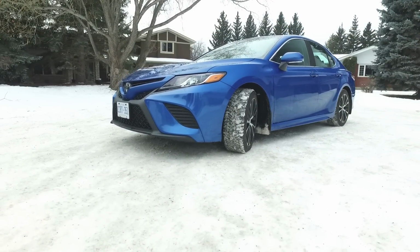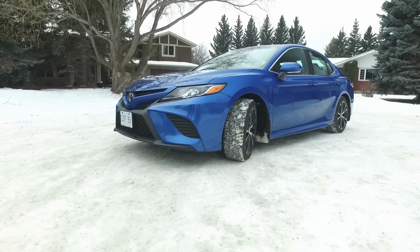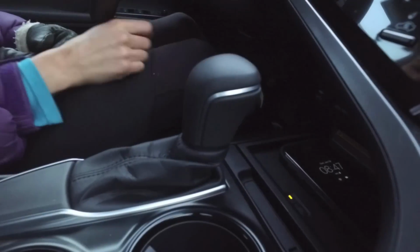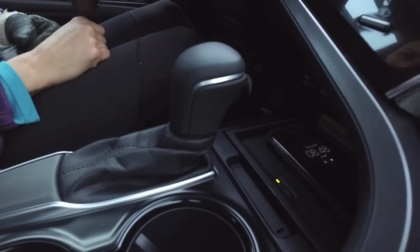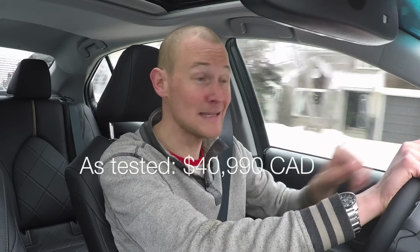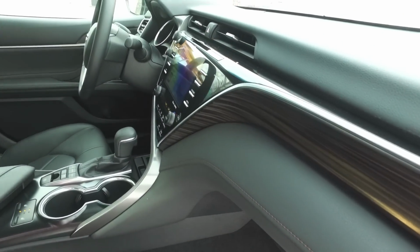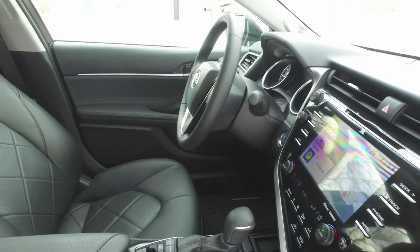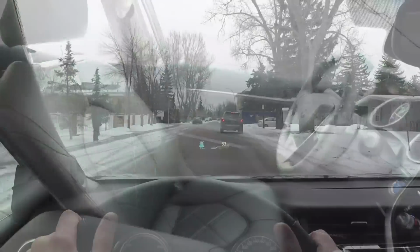Now, if you want your Camry Hybrid served up with a side of sportiness, the SE adds body moldings, a spoiler, 18-inch rims, paddle shifters, and a wireless charging station for your phone. Then this XLE trim that I'm driving around here this week is the chart topper. It comes in almost $10,000 more expensive than the LE Camry Hybrid, but it has a lot on board. Adding leather, a 360-degree parking camera, a heads-up display projected right on the windshield, a JBL sound system, sunroof, and